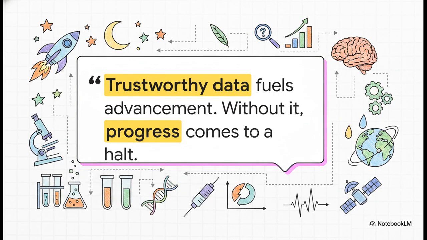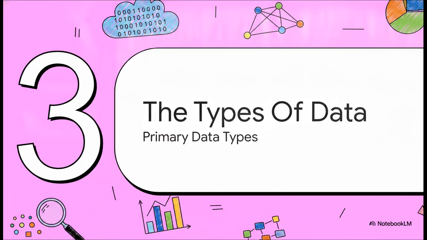As you can see here, without gathering trustworthy facts to rigorously test assumptions, human progress across scientific fields would literally freeze. Leading researchers depend entirely on meticulously gathered data to push the boundaries of modern medicine, explore deep space, and understand our changing environment. Without it, the engine of human innovation just stops. So we understand its tremendous power, but what are the actual types of data? What does it look like when we bring it back down to Earth?